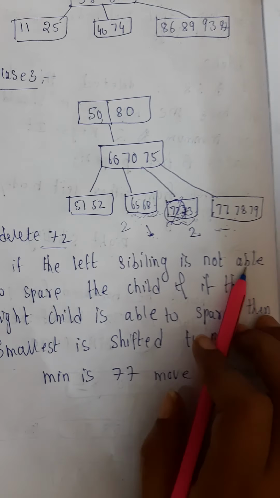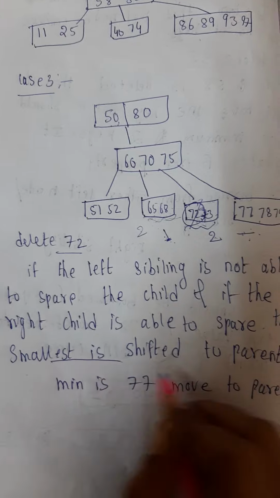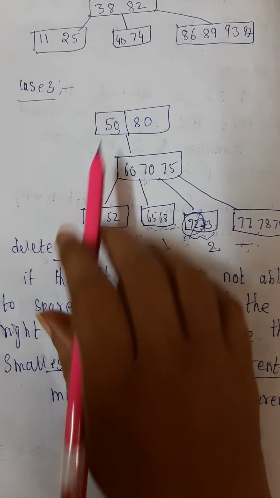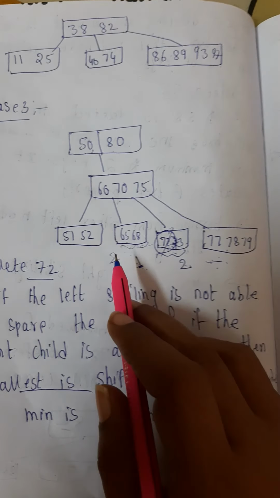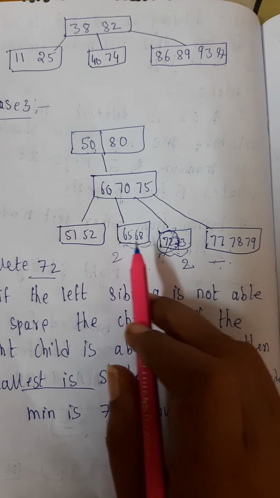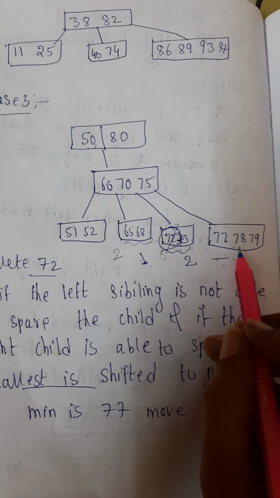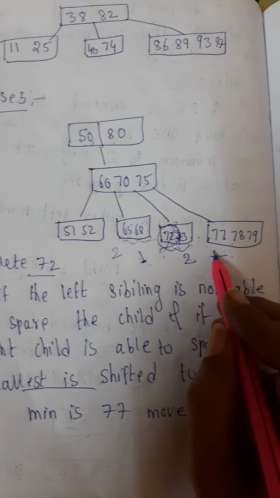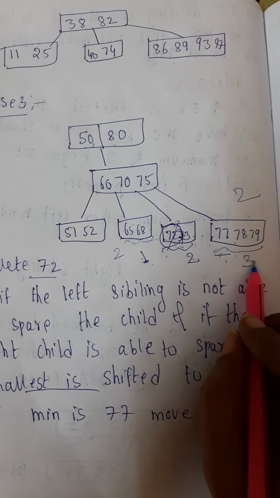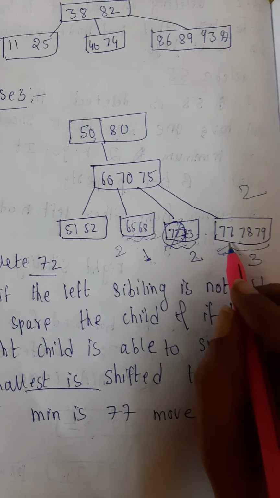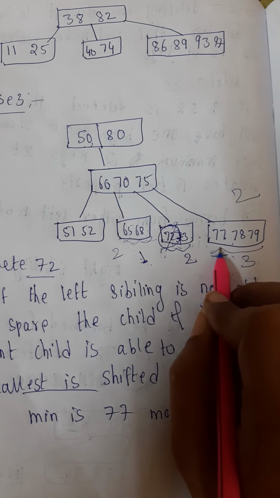So if the left sibling is not able to spare a key and if the right sibling is able to spare, then the smallest is shifted to the parent node. In the previous case, I have shown you the left sibling, where we took the maximum and moved it to the parent node. But here, the left child is having the minimum, it cannot give an element to the parent here. So what is the next thing we have done? We are moving to the right child now. So right is having 3, but how many minimum should we have? 2. So since it is greater than the minimum, what we have to do is give one element from this. Now it is ready to borrow, give it now.